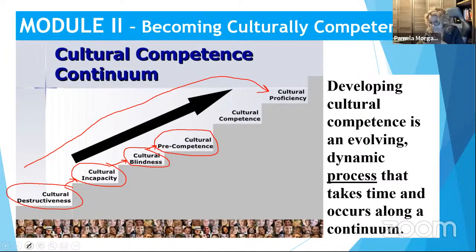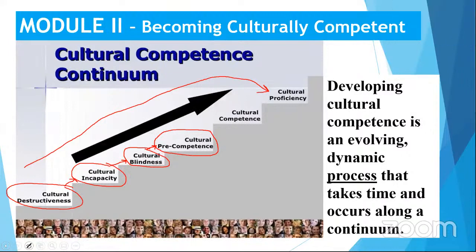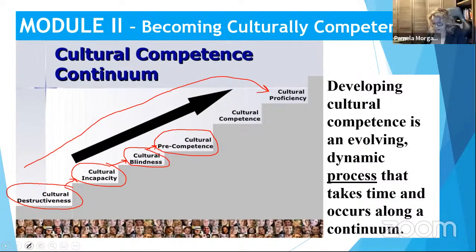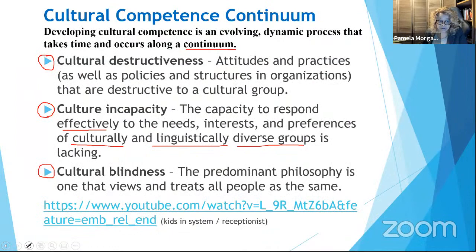even the stages of change and being pre-contemplative, is a place of kind of awareness that becoming contemplative is necessary, but not necessarily ready to take that step yet. Pre-competence is where there is an awareness, but you begin to look at strengths and areas where growth is needed to respond effectively to culturally and linguistically diverse populations. And so